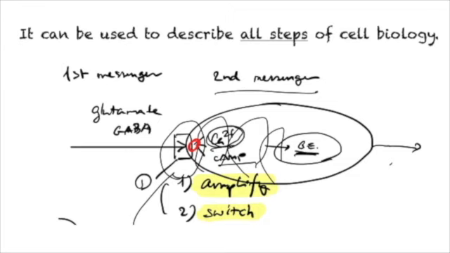But then the applicability of this methodology doesn't stop in cell biology. It actually can be applied to many different levels of biology. And in fact, it can be used to describe epidemiology. The spread of a pandemic can also be described by the same set of equations that we used for the leaky water tank.